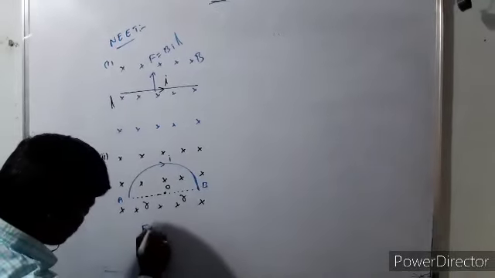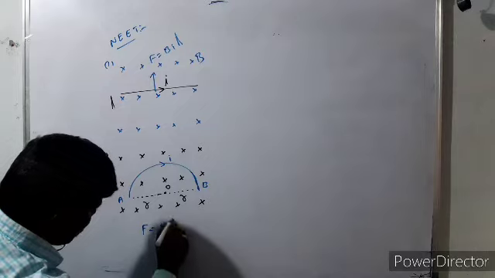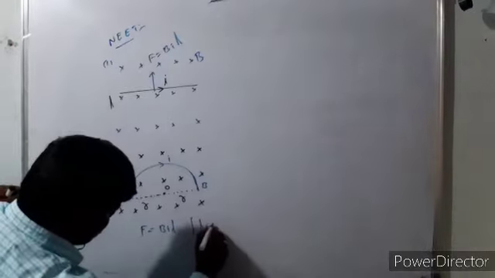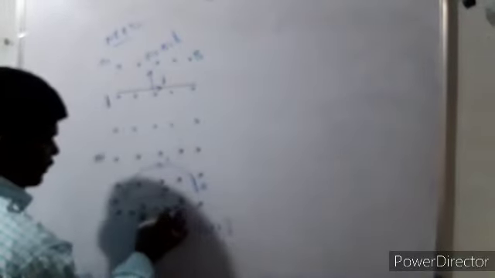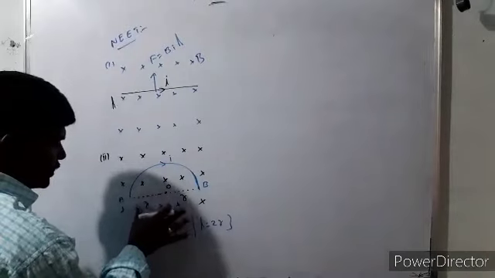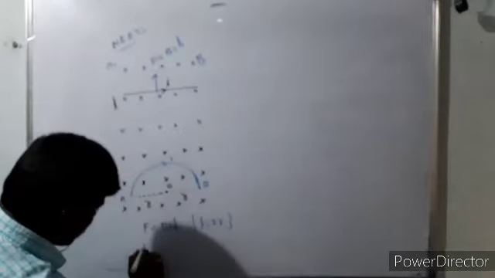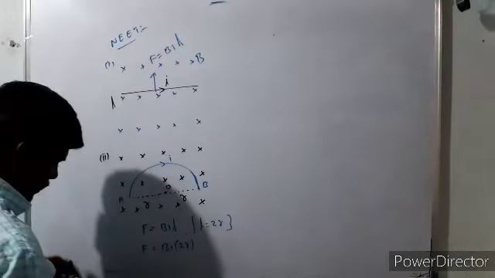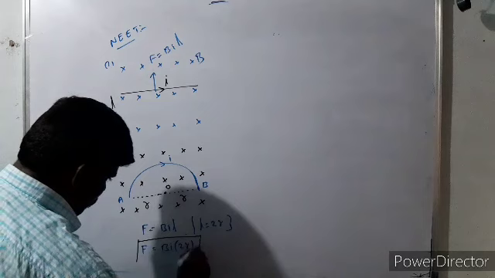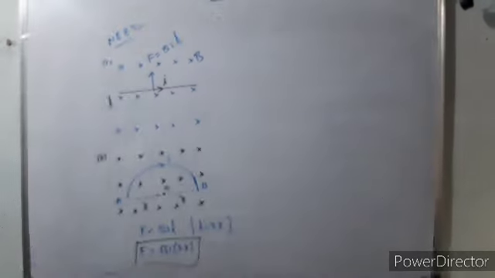That's why we can write the force on this conductor as F is equal to BIL. But here, L is equal to how much? L is equal to the perpendicular distance between the ends of the conductor. What is the perpendicular distance? 2R. Now from this we can write F is equal to BI 2R. This is the force on this conductor.